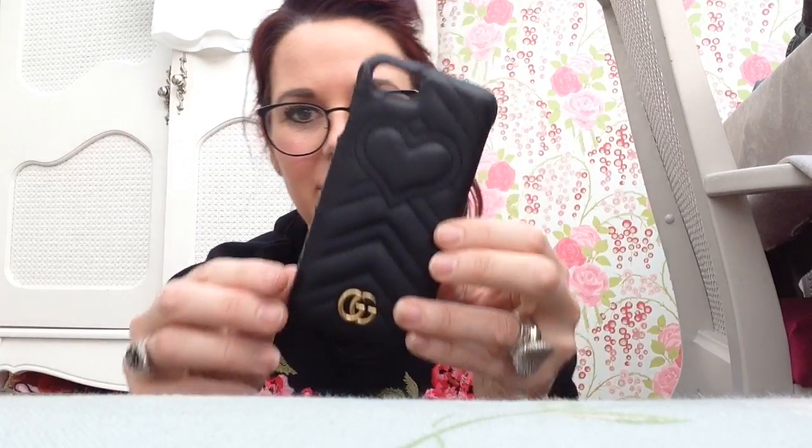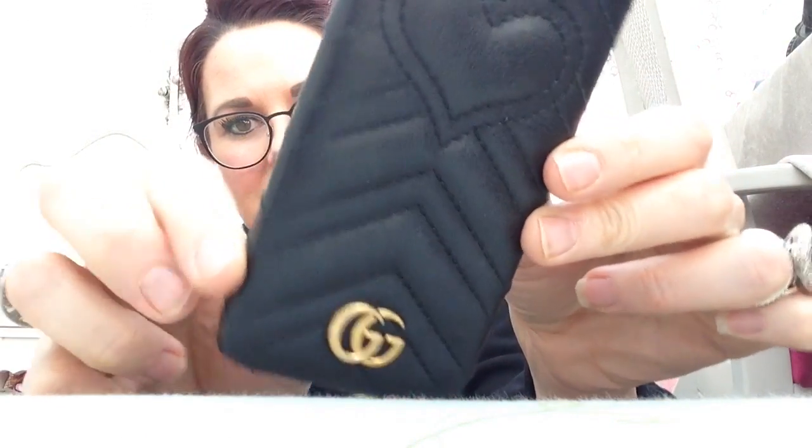So I just thought, if you're thinking about purchasing one, it is a nightmare. It's such a minefield, you don't know what to do. You want to treat yourself, you want a bit of luxury, or you want just a little bargain, but you want to know what they're like. So I just thought I'll try and do this little video just to help you if you are looking to purchase one. Right, so we'll start with the first one I bought, which was my Gucci Marmont, which is in